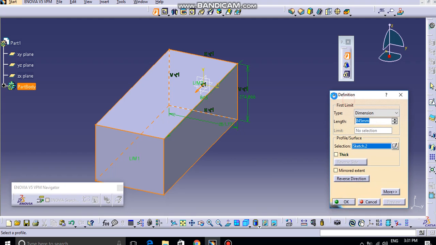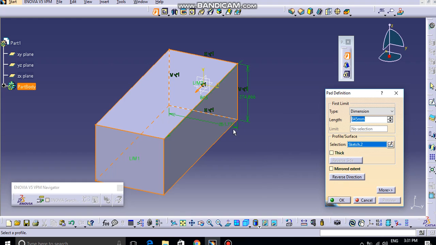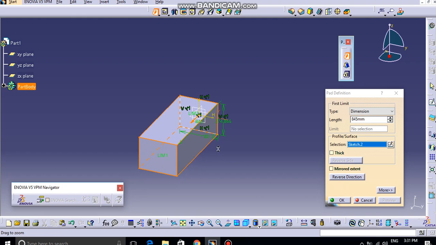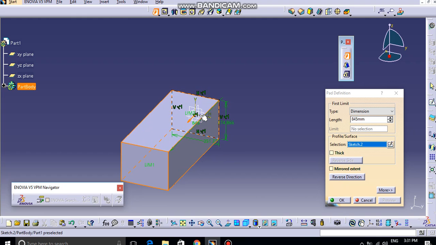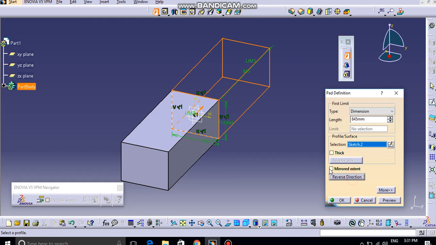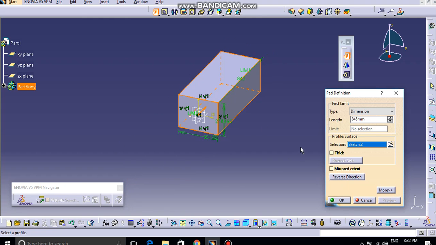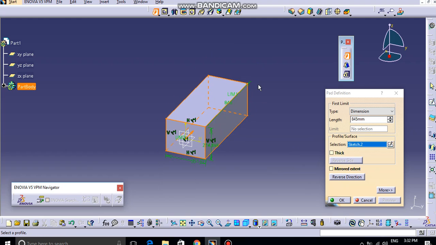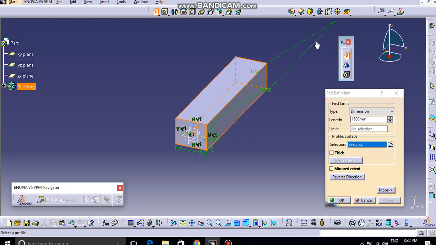Here you can see this inside a pad definition. You can also reverse this direction, meaning it is now extruded in this direction, positive x direction or positive y direction, whatever it may be. It is basically normal to profile, so it can go in two directions, one in this direction, second in this direction. So we can reverse this direction, and again we can preview this. So this is our sketch and it is now extruded in this direction. Now here you can see this dimension, and in limit you can extend in this direction also, and you can preview the same thing.